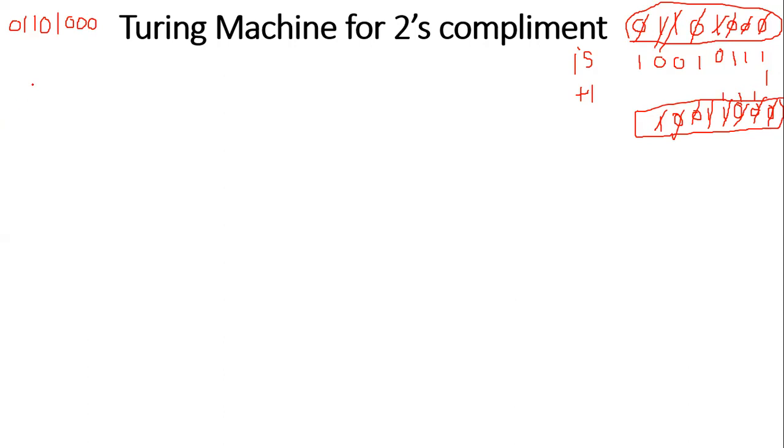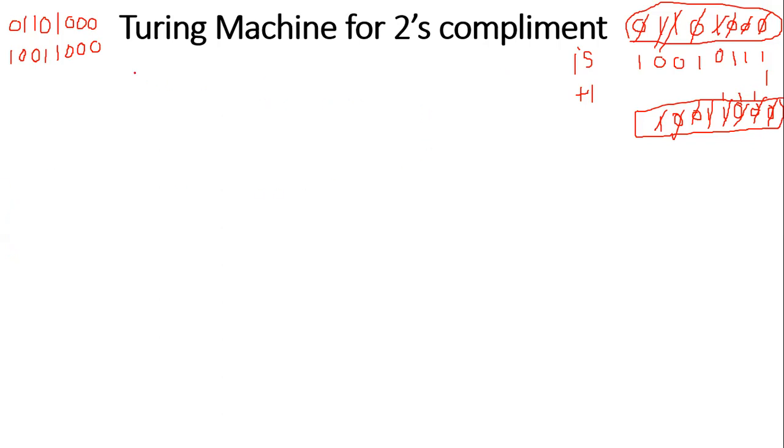It is exactly as Prakash said. It's very simple. The output is exactly the same as the input until you find the first 1. The moment you find the first 1, from there onwards, you have to complement the remaining input. 0 becomes 1, 1 becomes 0, 1 becomes 0, and 0 becomes 1. I told you this when we were talking about the 2's complement in Moore and Mealy machines.